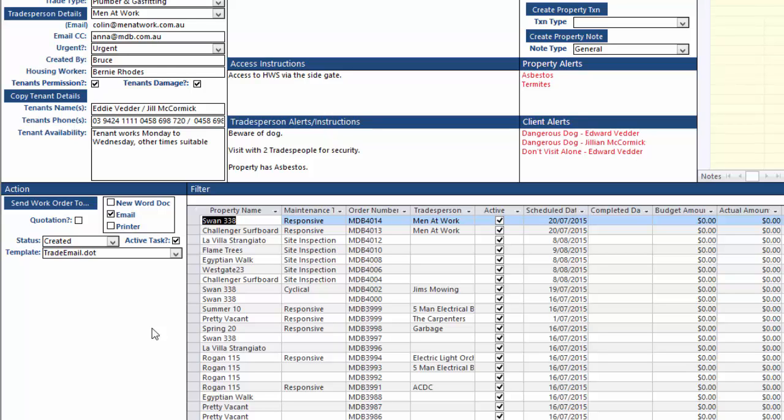If we were to click Send Work Order To, because we have selected email, it will send the work order via Outlook and we wouldn't see anything. It would go automatically. If we went into Outlook, we would see the email in our Sent folder. But we want to look at how the work order looks, so we will choose Word Document. Then click Send Work Order To,